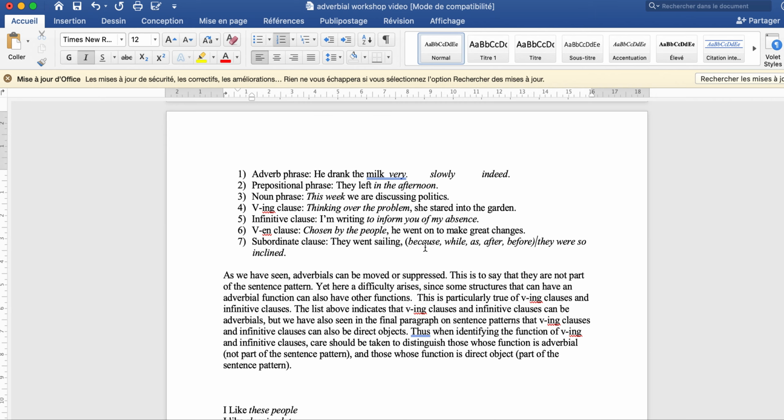And very often they can give different kinds of information. They can be goal adverbials. They can be cause adverbials. They can be time adverbials. They can be place adverbials. And so on. So this is kind of difficult because